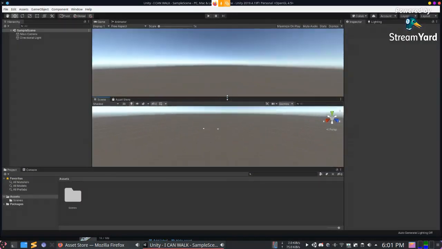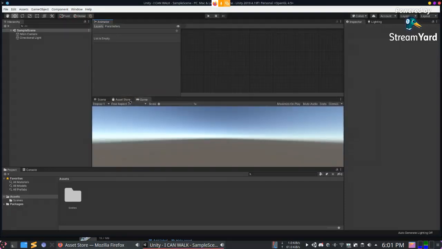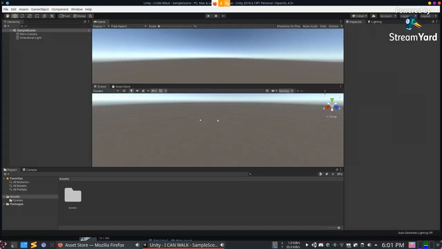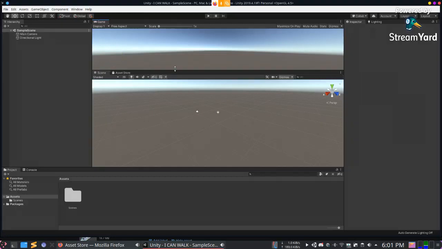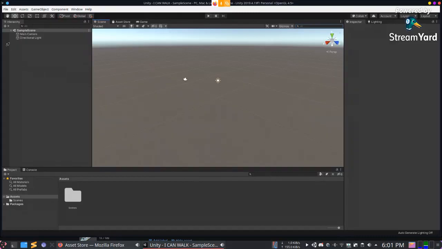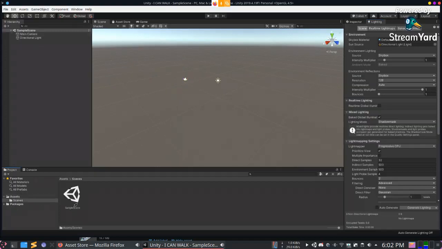You might get a slightly different view, so you can just drag and place the panels wherever you want. I have preferred to keep the game view above. You can close the animation, you don't need it. So I have kept the game view above and the scene view here. This is the main hierarchy region where we will keep all of the objects. Here is the inspector for each one of the objects, and there are the lighting settings. And there are our folders with all the scenes. We have only one scene, the sample scene, which is currently open.